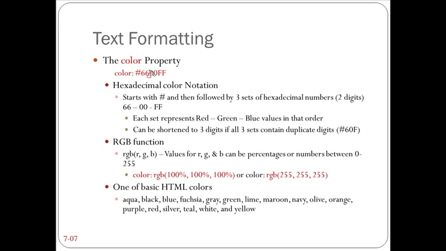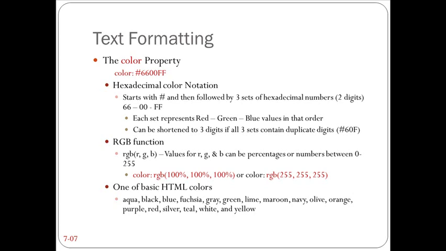You can use the hexadecimal notation, which is what's being used here. It always starts with a pound sign and then is followed by 3 sets of hexadecimal numbers. Each 2 digits represents red, green, and blue. So in this example, 66 represents red, 00 represents the number for green, and FF represents the value of the blue. When they repeat like this, when all 3 groups have to repeat, when they do repeat like this, the 6600FF,